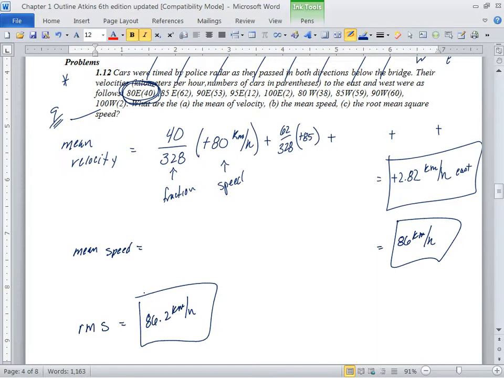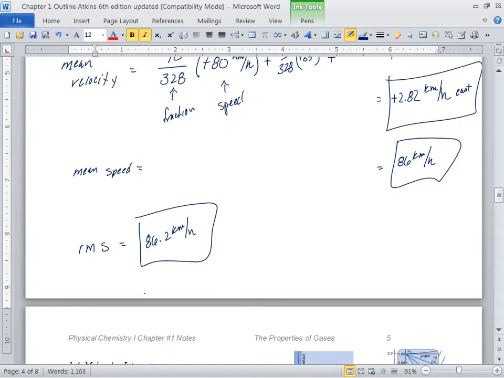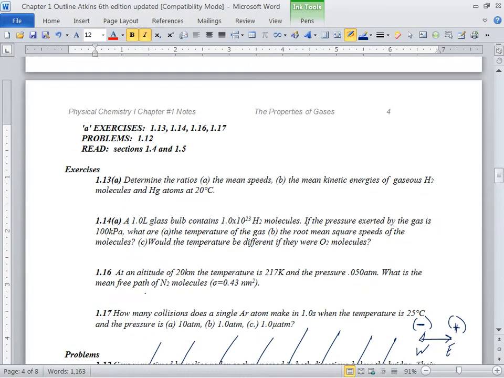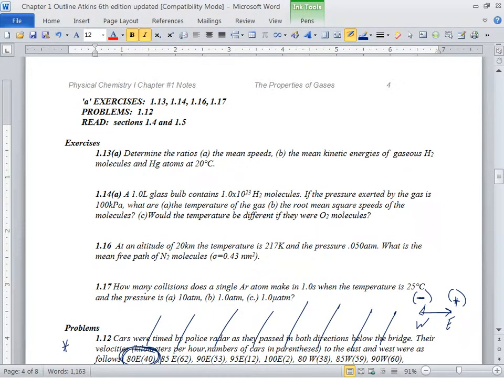Okay, so you have an idea, right? Let's see if we can jump down to the next one. Because there are some little things that, if you don't remember, you're going to have some trouble. For example, calculating the mass of a single atom, right? If you remember how to do it, you're not going to have any trouble.